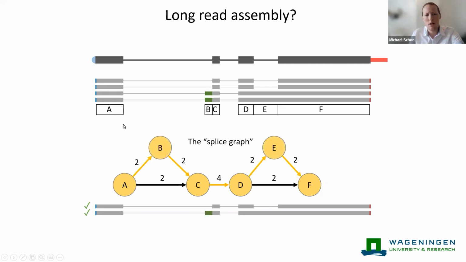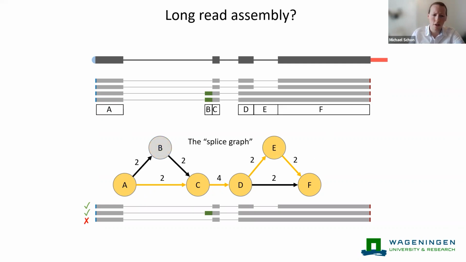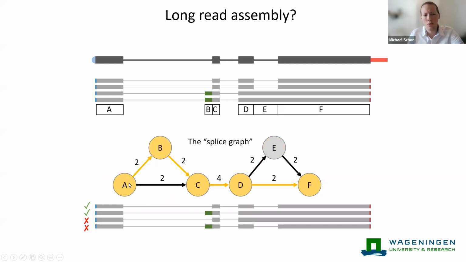You can also build a path from A, B, C, D, E, F, and that represents the lower molecule. But there's nothing stopping you from also drawing alternative paths through the splice graph that don't represent real